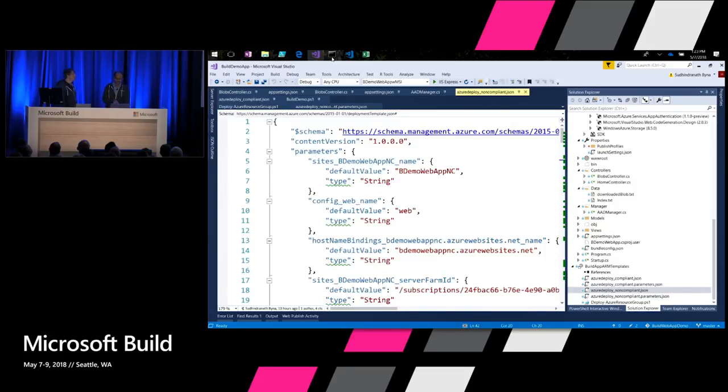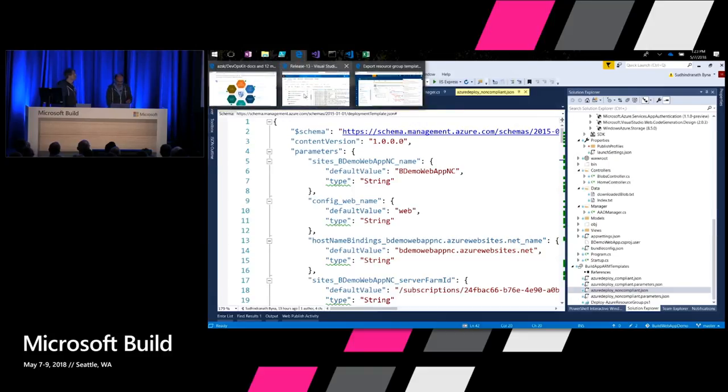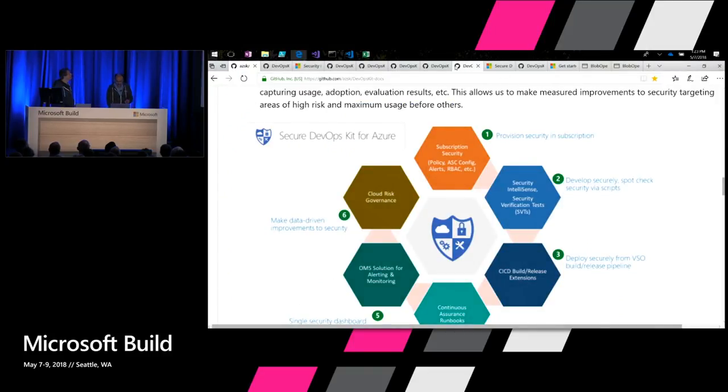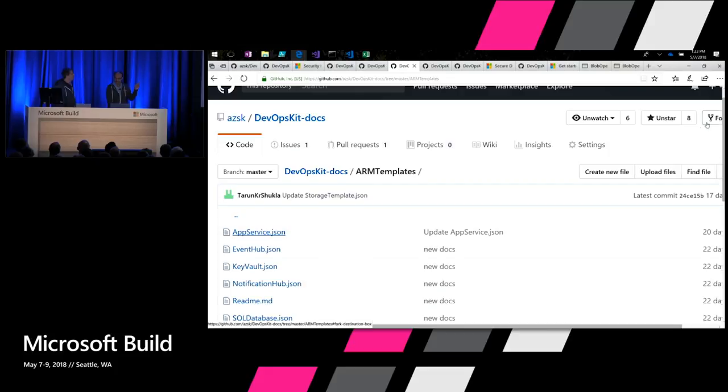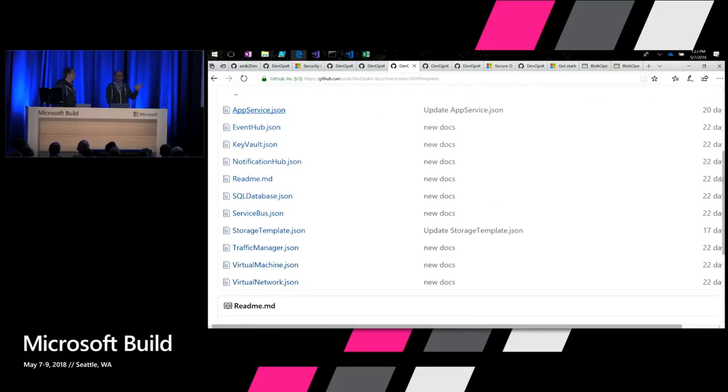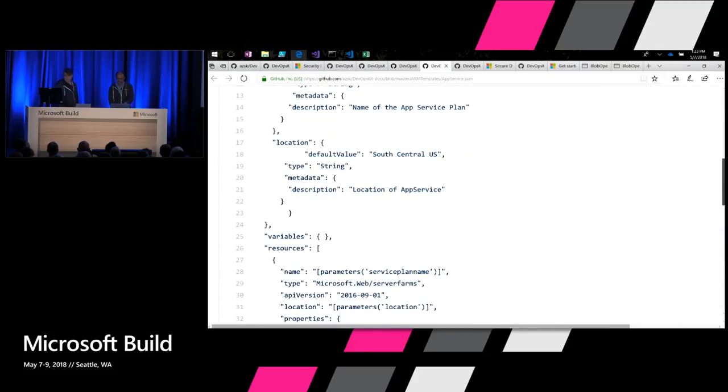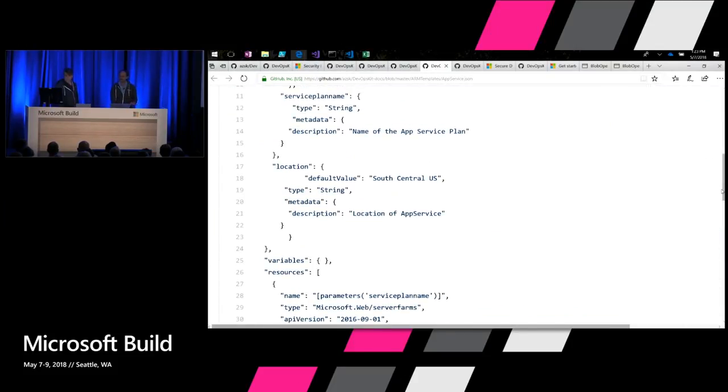To achieve that, we follow two approaches. Approach one is, we made all the templates available for the engineers in our GitHub repo, the same public repo. We try to create all the secure templates as examples. People can just go ahead and look at this template and see how it looks and what different security settings they need to be aware of. But as we know, it's a little painful. We need to go and look at each and every property.